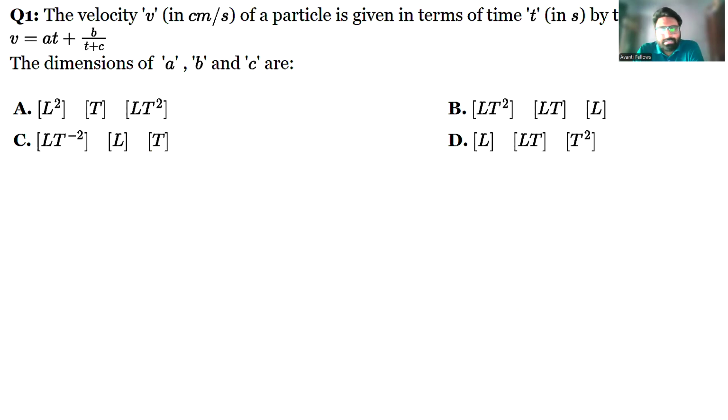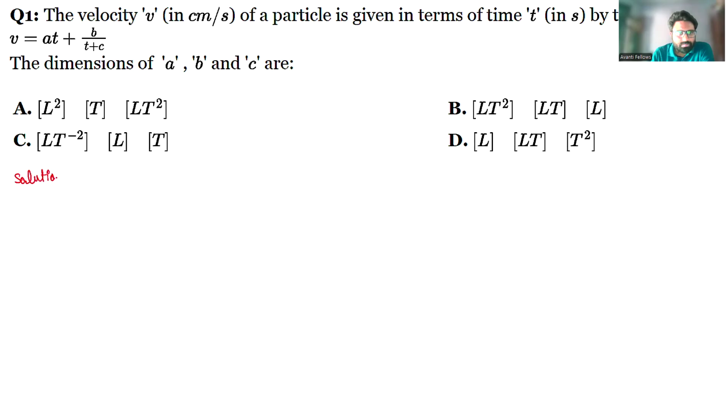Now, in this question, you see the velocity v in centimeter per second of a particle is given in terms of time by the equation v equals AT plus B upon T plus C. Now, the dimensions of A, B, and C are. So basically, to solve these types of questions,